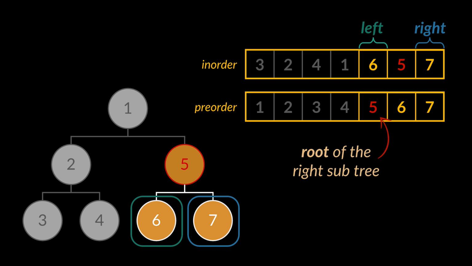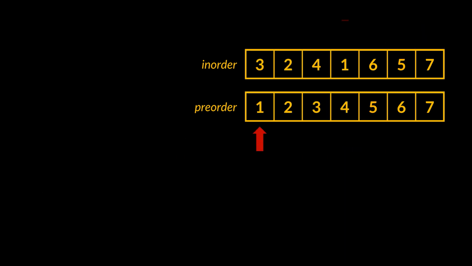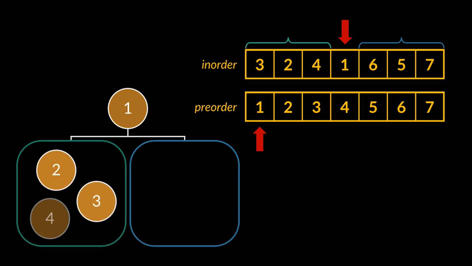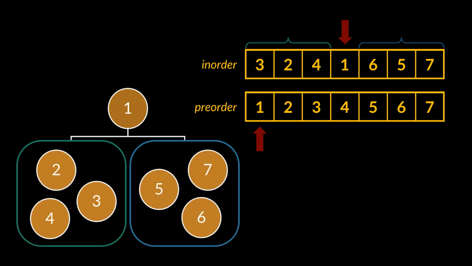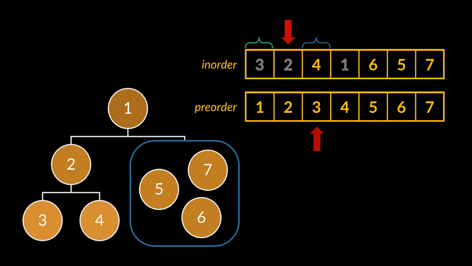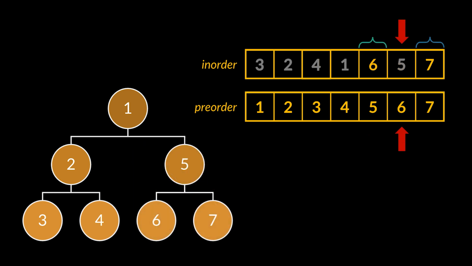Now, before implementing this logic, let's attempt to visualize it one more time. So, given these two arrays, we will iterate over the pre-order one in sequence and attempt to find the values we are encountering in the in-order array. When this is done, the elements to the left of that node will represent its left subtree and the ones to its right, the right subtree. This same logic is then repeated on the subtrees we found until no more elements are left and the whole tree is generated.